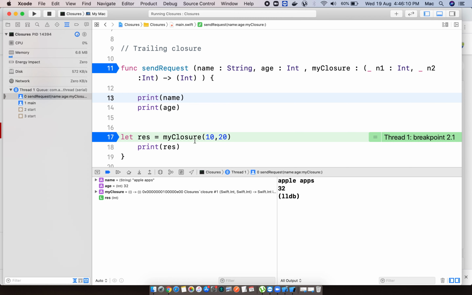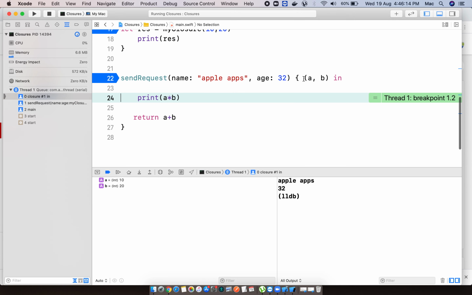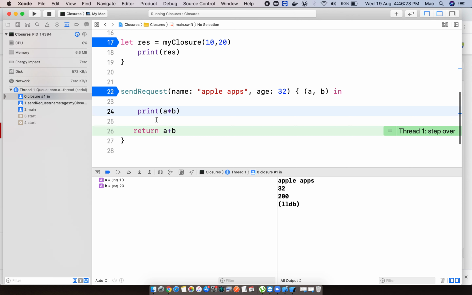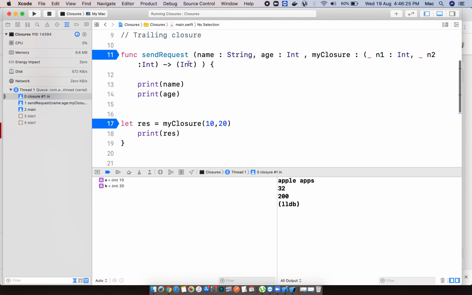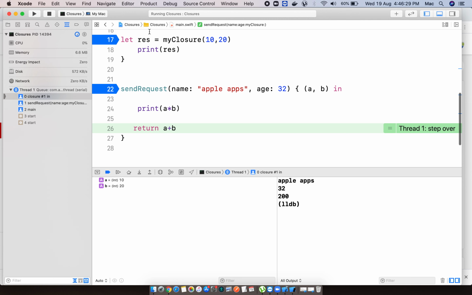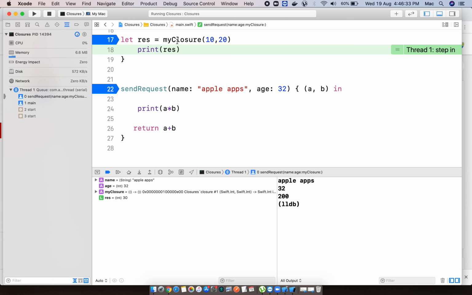Now I am calling the closure, passing the data, come to the block of the closure. The data will be copying to the A 10, B is 20. I am printing A multiplied by B. Again, it is returned. Why are we returning? We declare the return type also inside the closure. Okay, the return data will be returned to this closure. Look at here, the return data will be assigned to the RES where we are printing. Look at here, that's it.